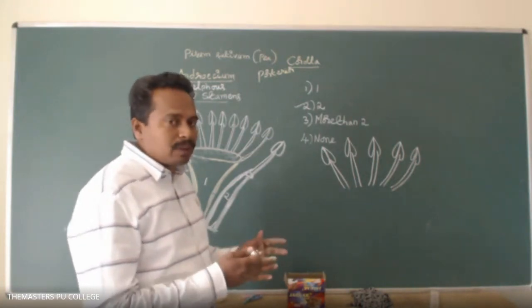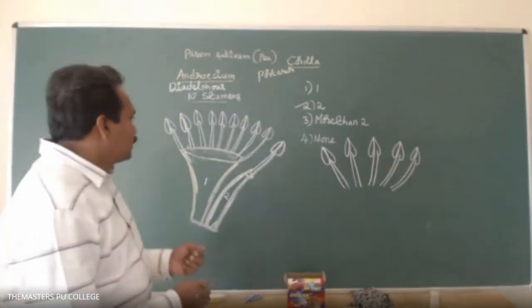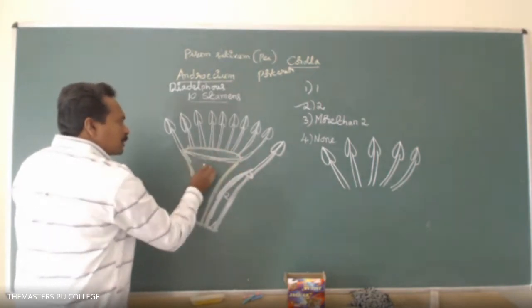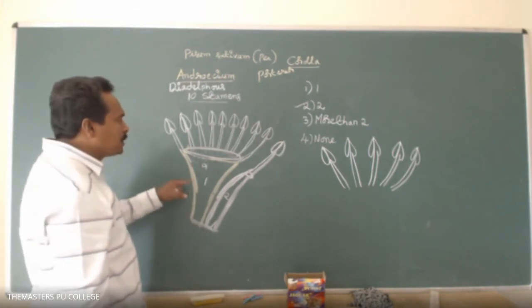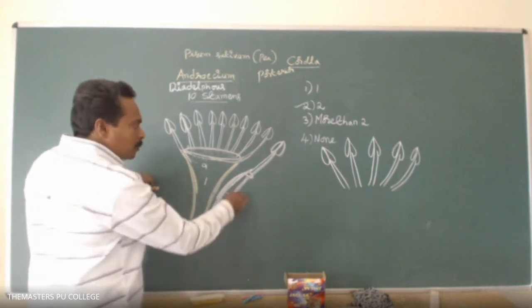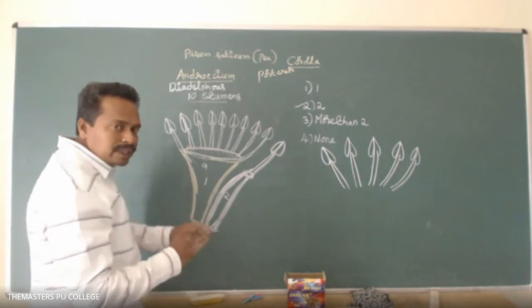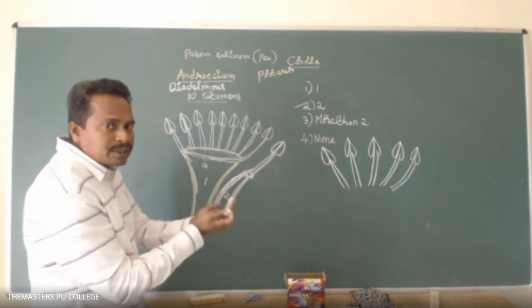If one bundle is formed... Sir, here only one stamen will form one bundle, no, sir? How, sir? Right here, this is considered as one bundle. The 9 stamens' filaments are fused to form one bundle, and the remaining stamen's filament forms the other bundle. So both the edges of the filament are fused.